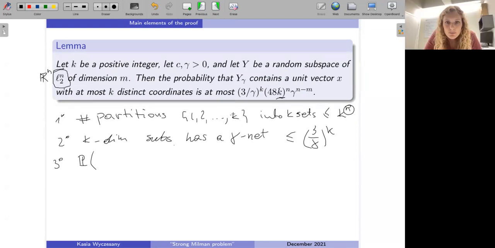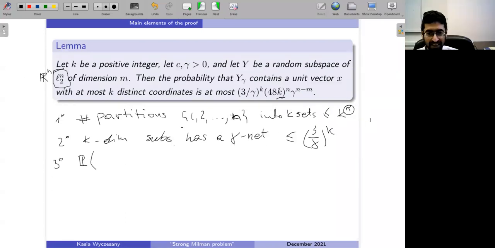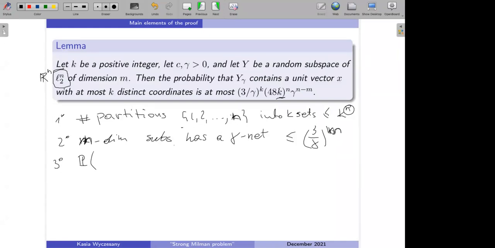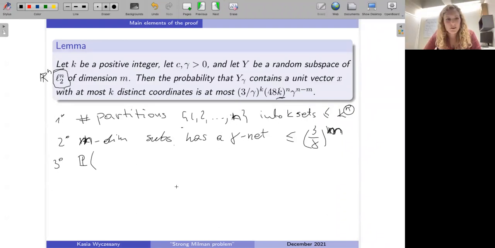So I probably just want partitions of the set from 1 to n, because I want distinct coordinates, but we are still sort of, our subspace is a subset of R^n. Thank you so much. And probably in part 2, don't you need m-dimensional, since you have an m-dimensional subspace? Thank you very much. Yes. Sorry. Very sorry. This is m, indeed. Okay, we're getting there. Thank you so much for helping.